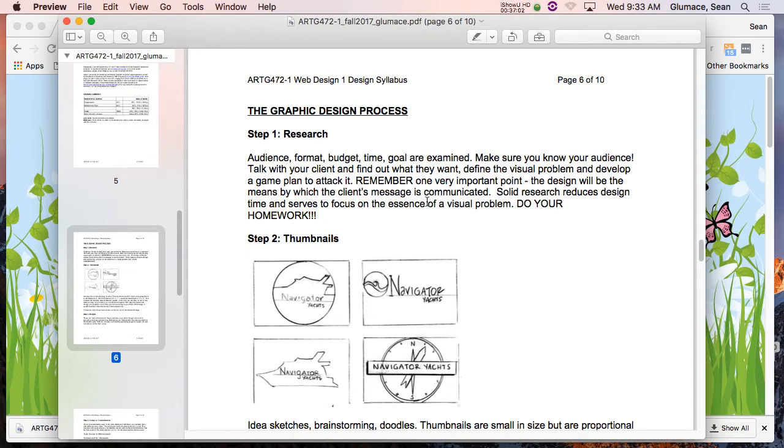Now, mind you, I can convince a client to do what I think based on my experience, but in the end, the design will be the means by which the client's message is communicated. We communicate. And if it doesn't do that, then we totally failed on the project. It may be the most beautiful thing you've ever seen, but if it doesn't sell more Chinese food, then it doesn't matter. It could be the ugliest layout on the planet, but if it sells more Chinese food, then we did our job. We got paid.